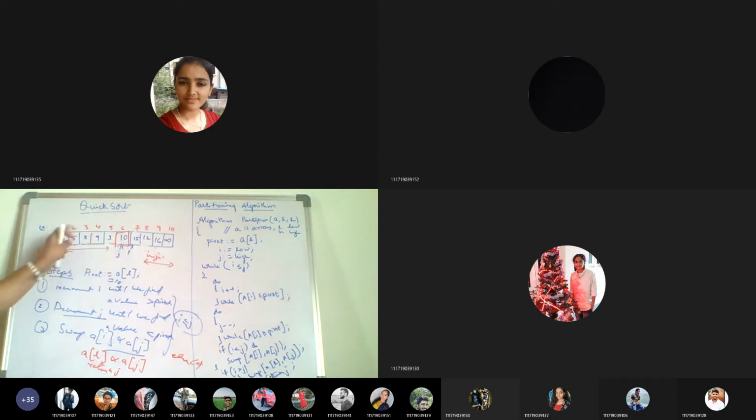Why do we include 6 here? As I told you, the boundary value should be the maximum. So 10 will also be included in the left sublist. Then for the right sublist, you again have to find the partitioning element separately, and based on that, go on dividing into left and right sublists. At every partitioning position, the element will find its place. So finally the list will be sorted, and we call that the quick sort procedure.